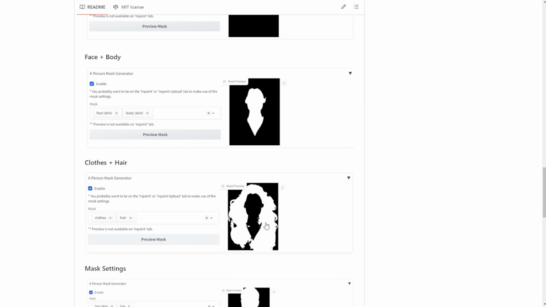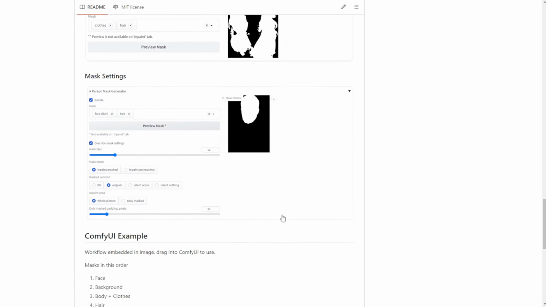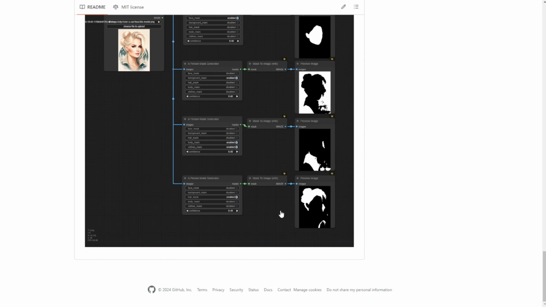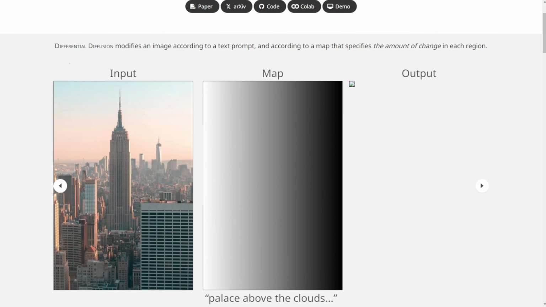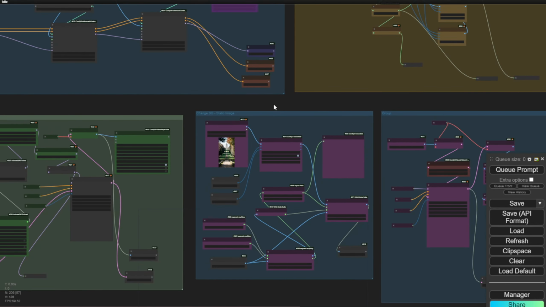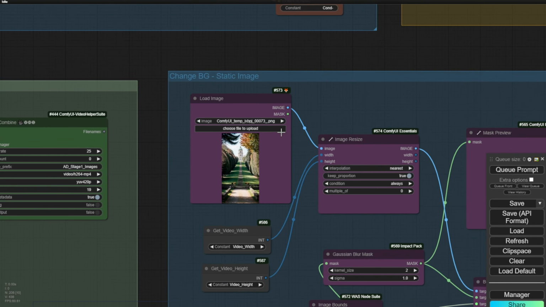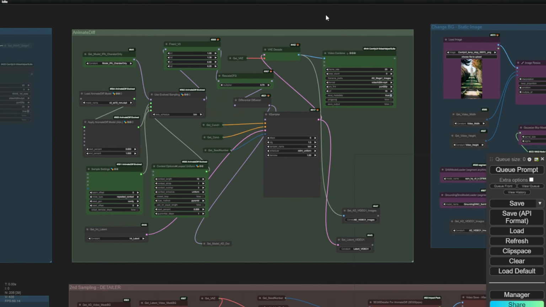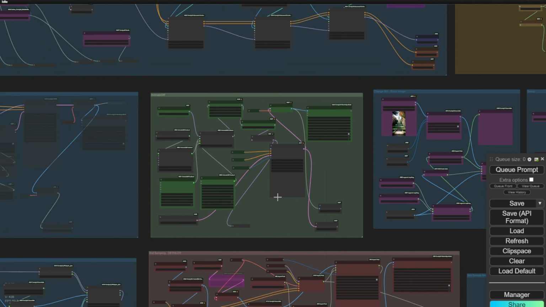But if we want to do masking for the backgrounds, or we want to change the backgrounds, or enhance the other elements in the video, we need some other optional things. So we need the IP adapter to mask and the Coco segmenter to mask the backgrounds, maybe change something else in the video. So I'll be newly creating another workflow based on this method and trying it out.